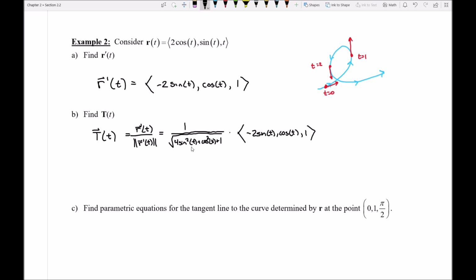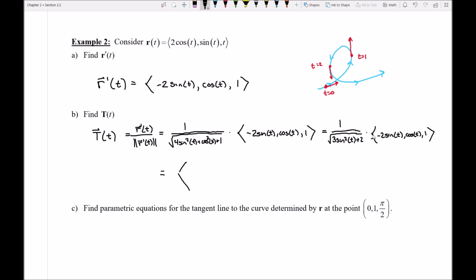Now actually, if I wanted to here, I can make use of a nice little trig identity, because if I take one of those sine squareds, just one of them, 1 out of the 4, and I add it together with that cosine squared, that will produce a 1. That means that underneath the radical, I'll be left with 3 sine squareds of t, and now plus 2. Of course, that still is multiplied to the vector of the negative 2 sine of t, cosine of t, and 1. So the result here happens to just be one single vector,